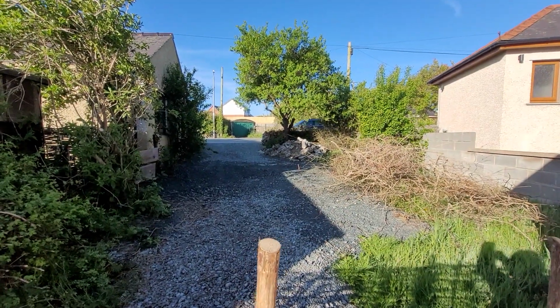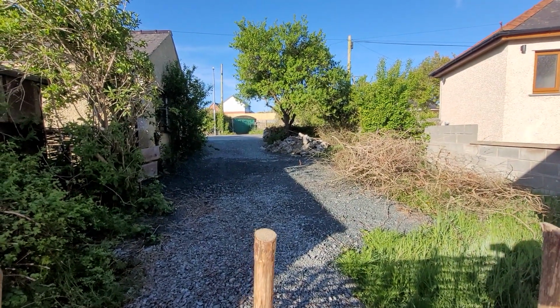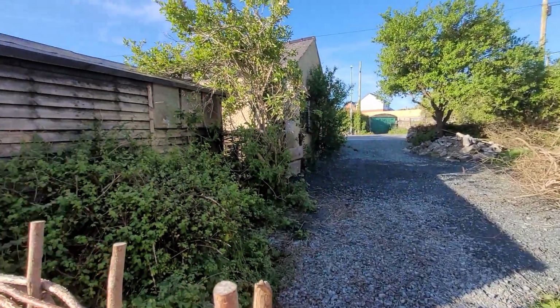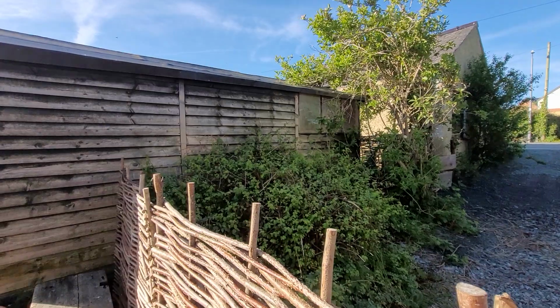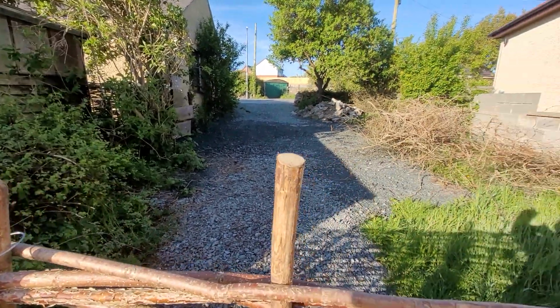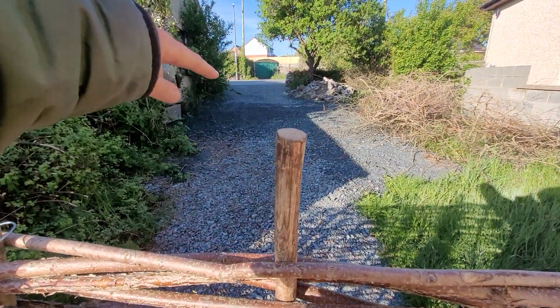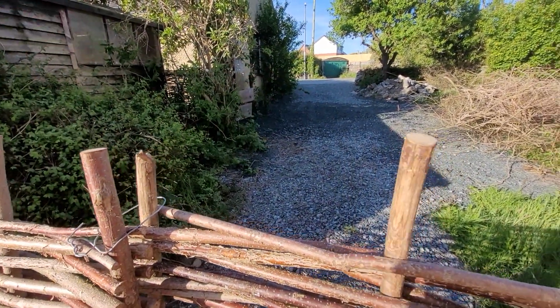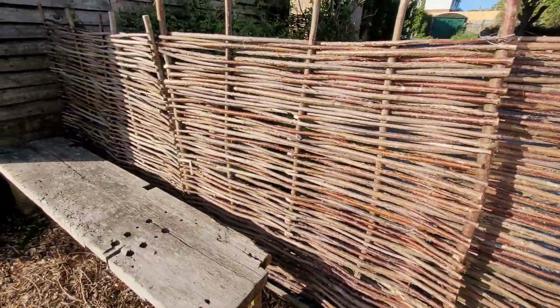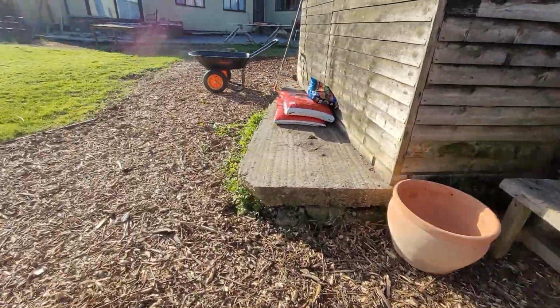And we've now got a new drive. We're going to chop that tree down there so we can get a bit more access, and this is all going to get stone, and then we're going to knock this shed down here and make that into a bit more of a drive, so we can basically drive down here and park, and it takes it away. And we've just got a bit of temporary Heras fencing,